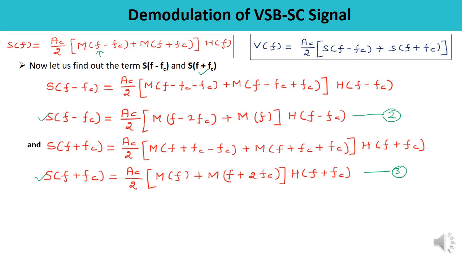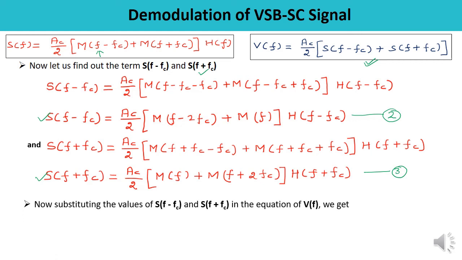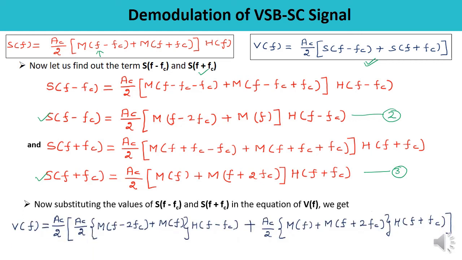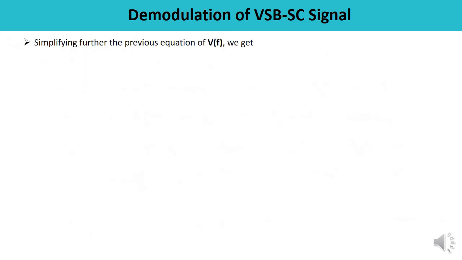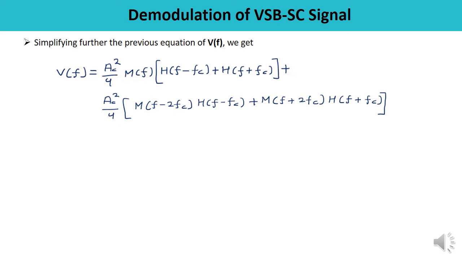What is the next step? We have to substitute these two values in the equation of V(f). Just we are substituting the values. Now you need to simplify these terms and you have to rearrange also. Just multiply the terms, expand this particular equation and then simplify it. So simplifying that particular equation and rearranging the terms, we can write,